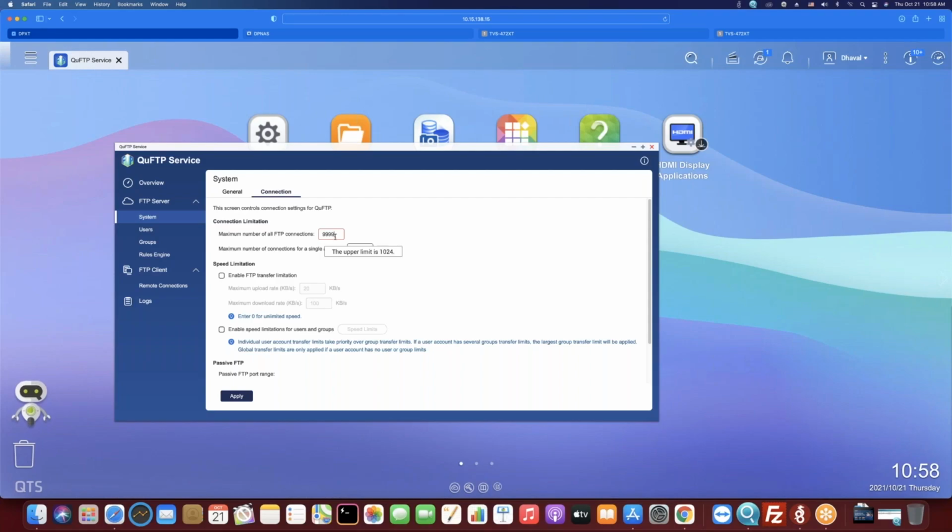So right here, you can see the upper limit is 1024. That's the maximum limit of FTP services that QNAP can accept. And each single account. So if a user, let's say myself, I'm a user with FTP services, I